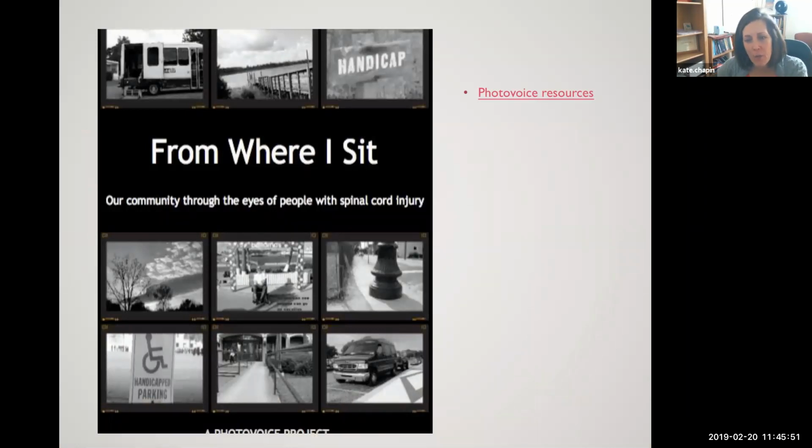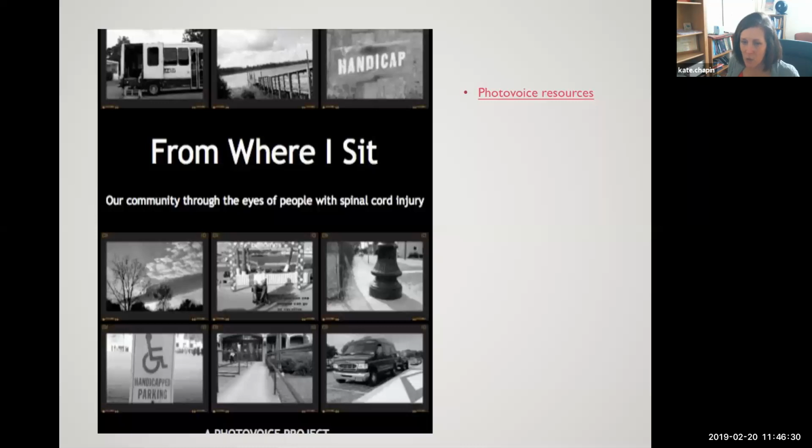So you may be familiar with photo voice, and it's a process in which people, typically those with limited power due to poverty or language barriers or ability, race, class, gender, culture, or any other circumstance, might have limited power or limited voice. Photo voice is a way of capturing these voices via photos or videos, as a way for them to advocate for themselves, to share aspects of their environment or their experiences that they may not otherwise be able to demonstrate.